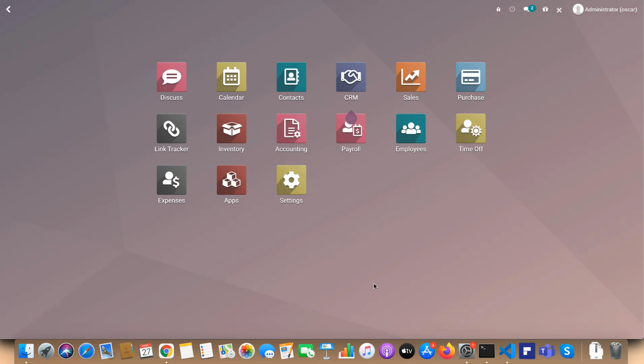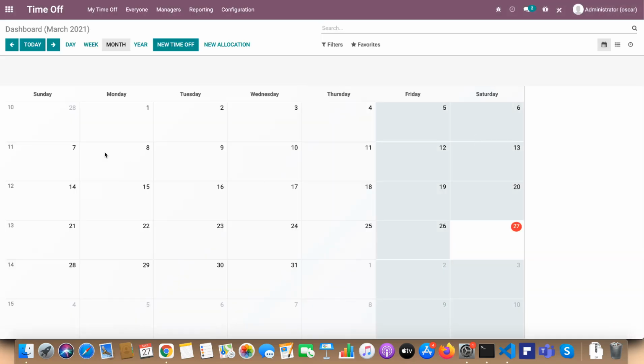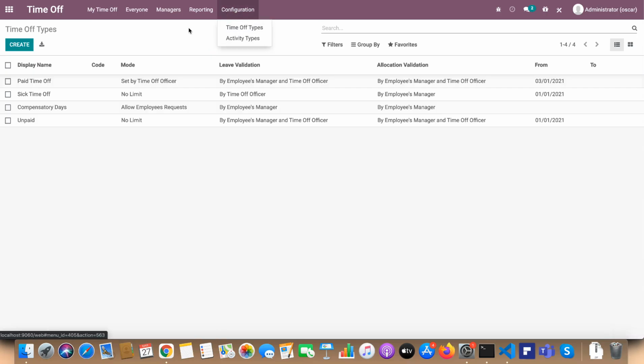We are going to see how we can create time off, go through the time off module and see what we have there. So if I click here, the first thing that I see is a calendar view for the user, so that he can select the days and take holidays. So before actually jumping into how an employee can take leave, we are first going to make sure that we have our leave time off types configured. So as we can see, we have already paid time off, sick time off,